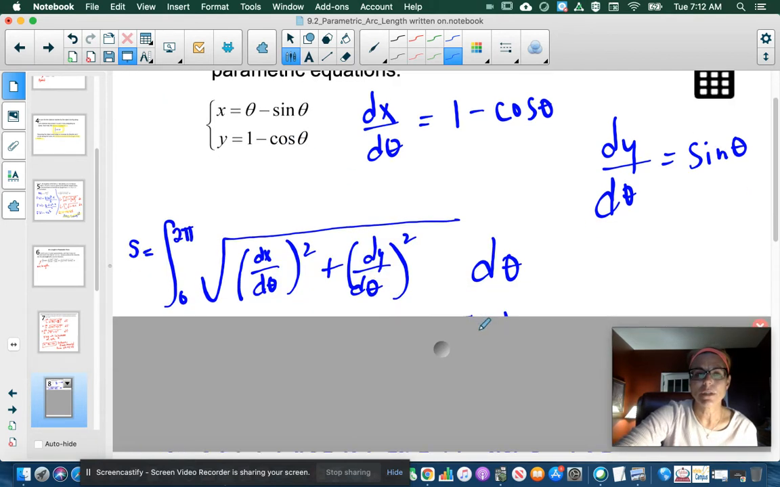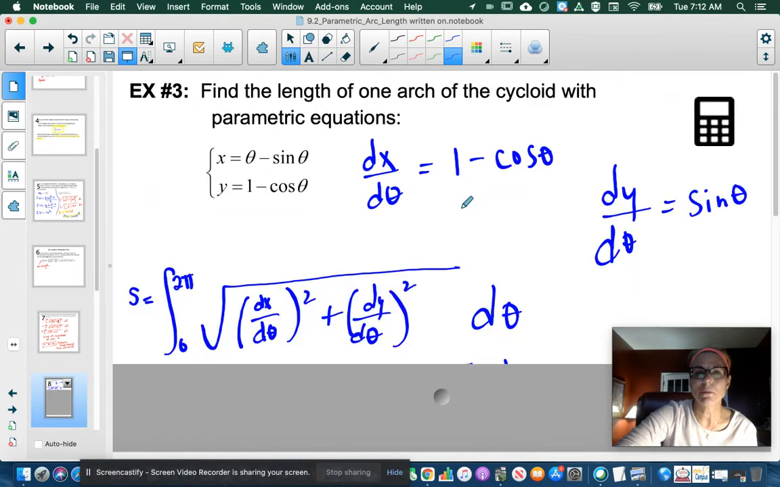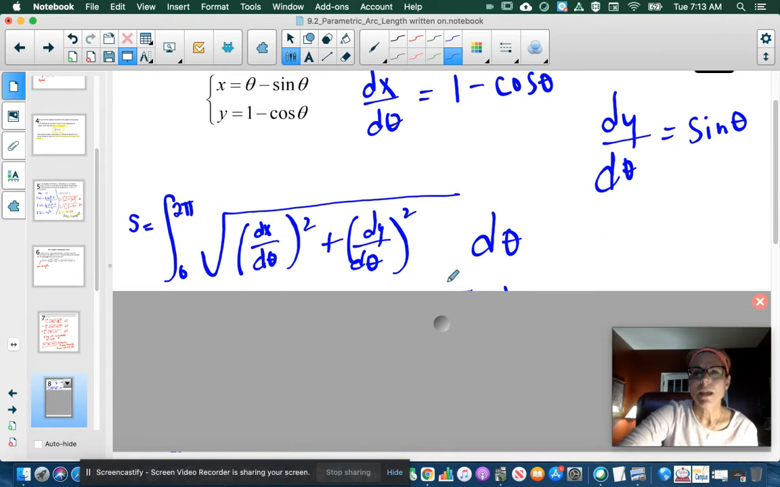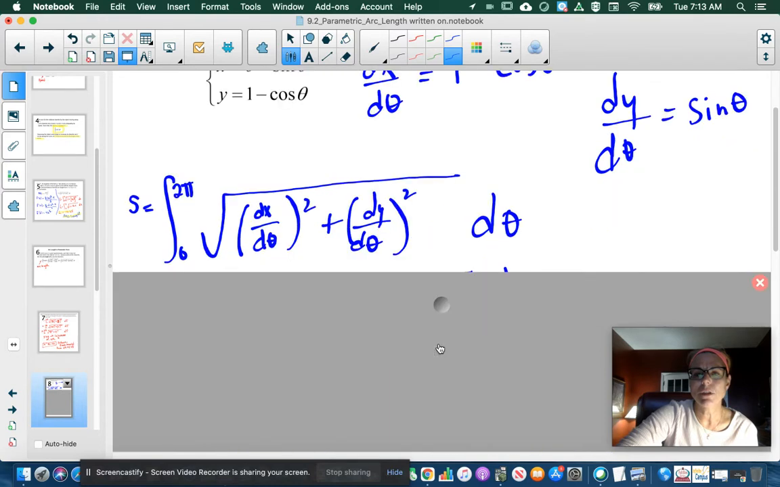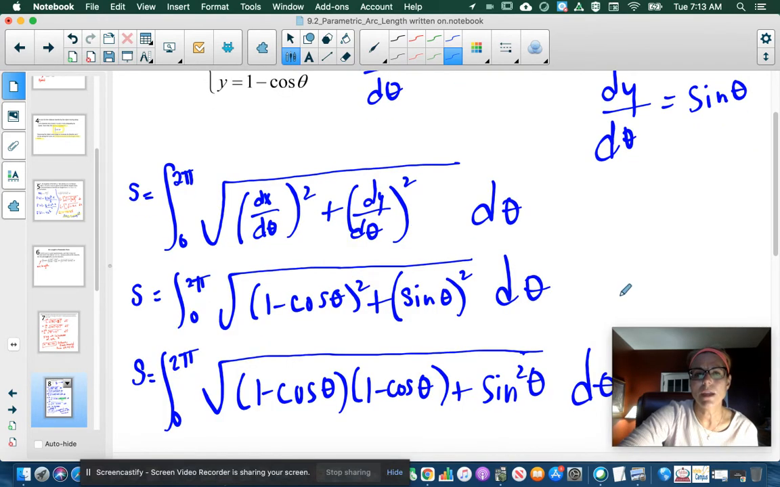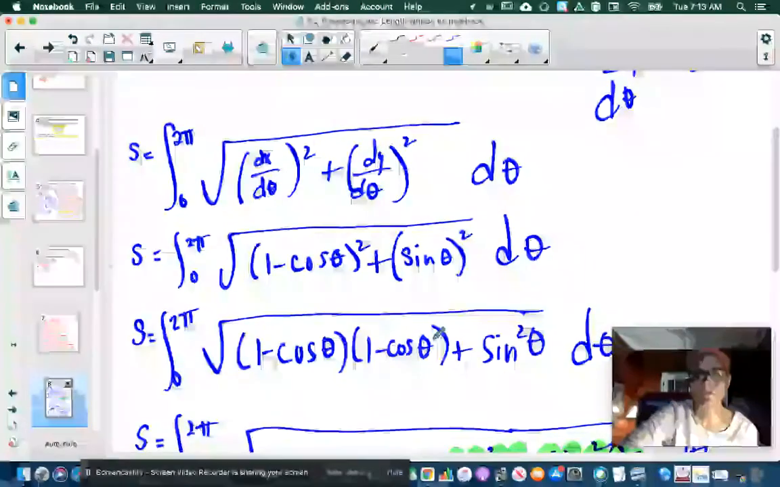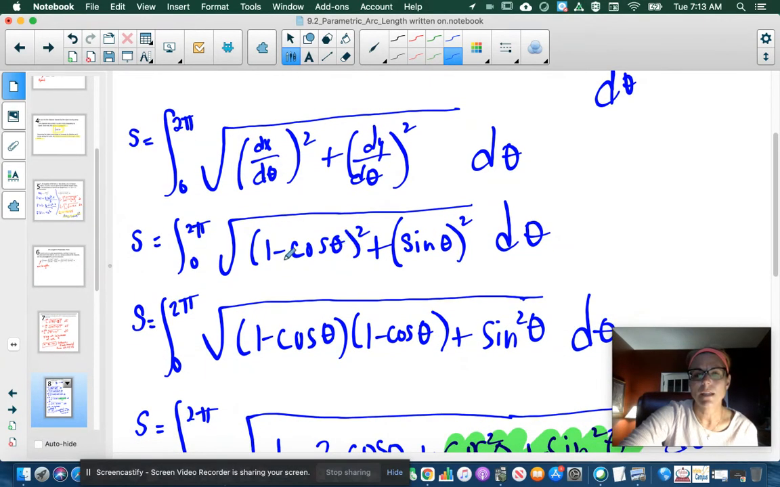So as I'm scrolling down, there's our formula. We're going from 0 to 2 pi, because when we're dealing with the length of one arch of a cycloid, that is what it's going from, 0 to 2 pi, based on a unit circle. And now I plugged in dx/d theta, dy/d theta, and I went through the algebra. I expanded that out. Remember, this is a binomial, so you have to write it out twice. I foiled,